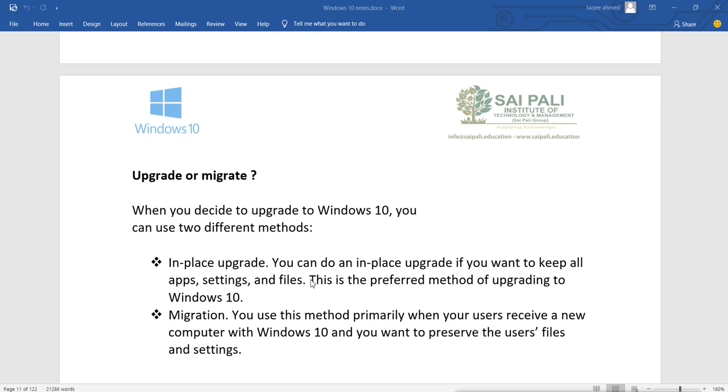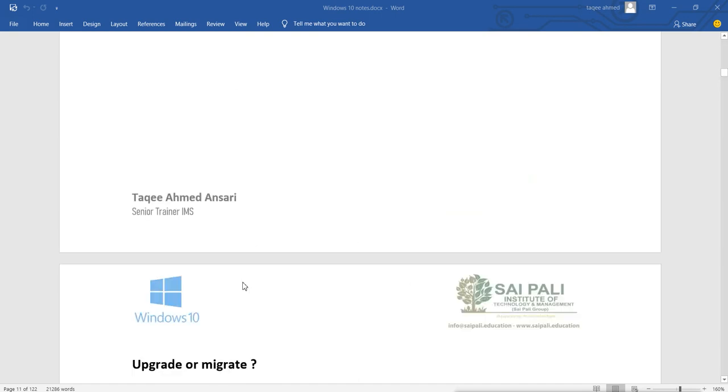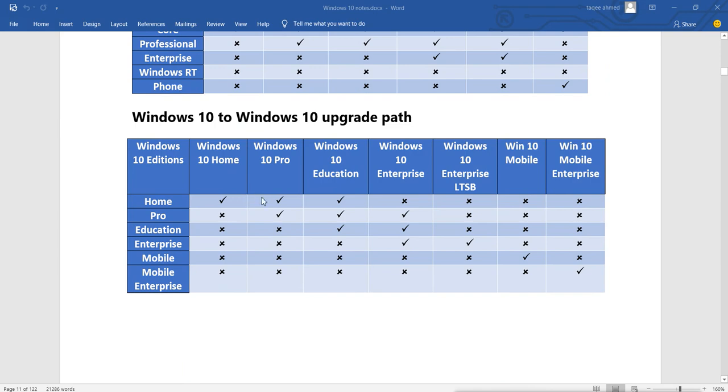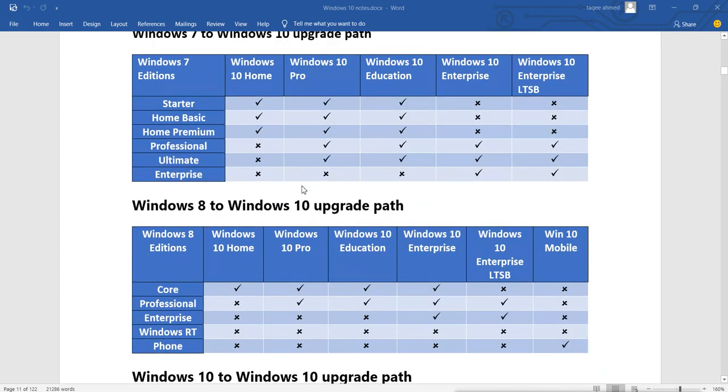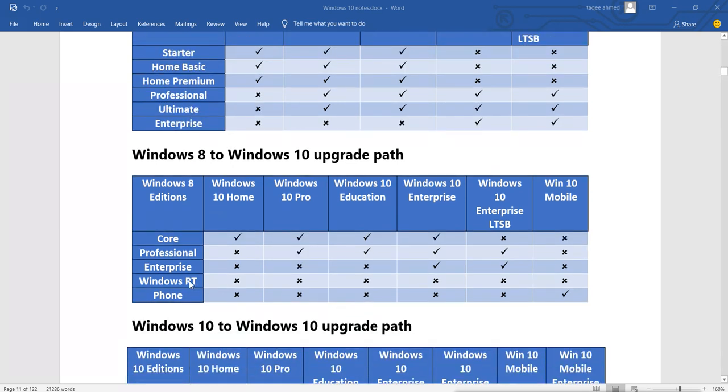And for this kind of upgrade, you have to make sure that you are following the right path. That means your core edition cannot be upgraded into LTSB, your professional edition cannot be upgraded into home edition, and cannot go to mobile edition. Your enterprise cannot go to home, pro, or education.